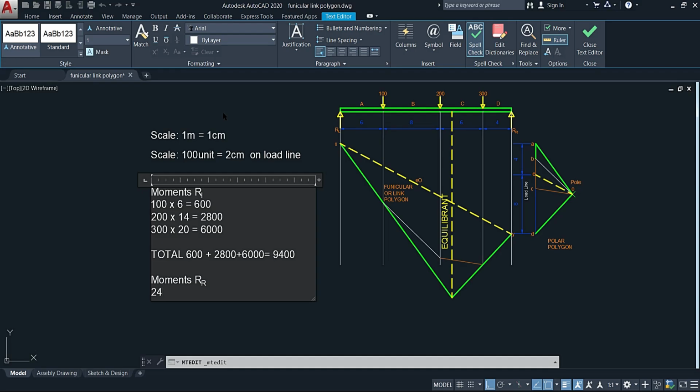We're going to be taking that value across, so we're going to say 24 multiplied by R, and that is going to be equal to